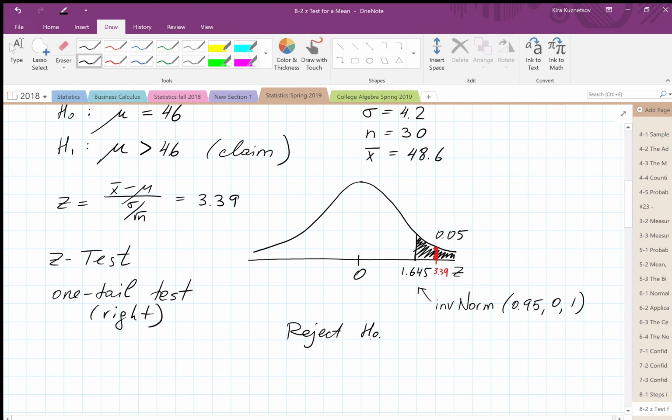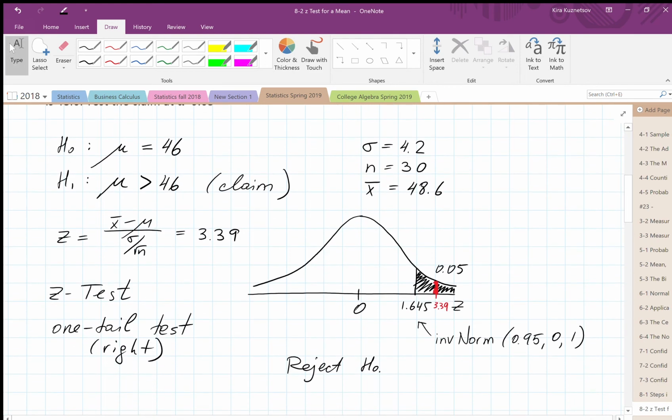Reject the null hypothesis. You can either write null hypothesis in English, or you could write null hypothesis using math symbology. So reject the null hypothesis, and then you have to write down the sentence that represents what it is that you're rejecting. So if the original claim was mu is equal to 46,